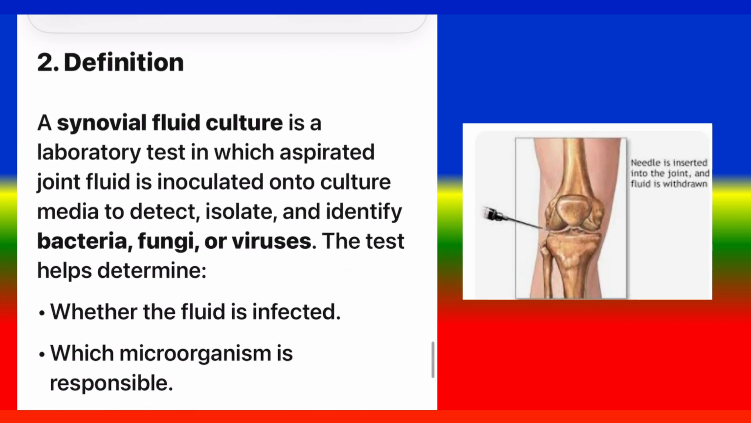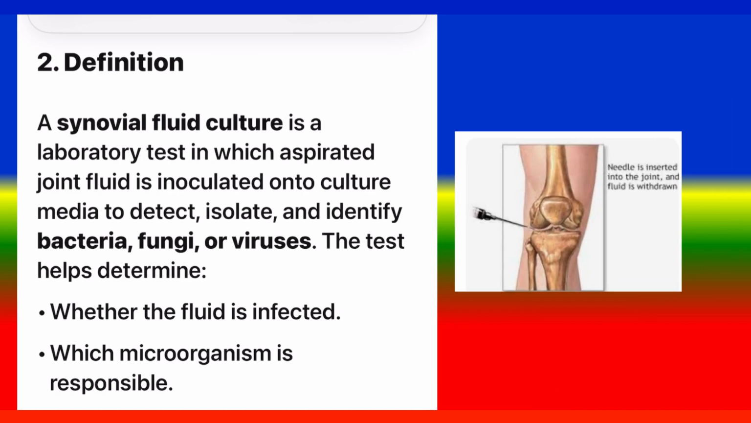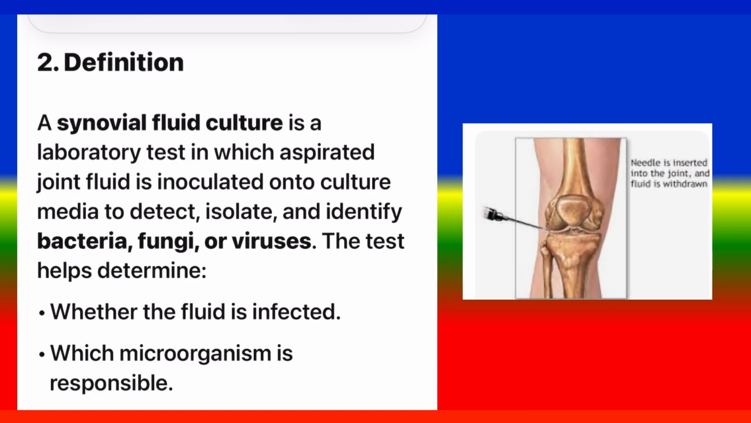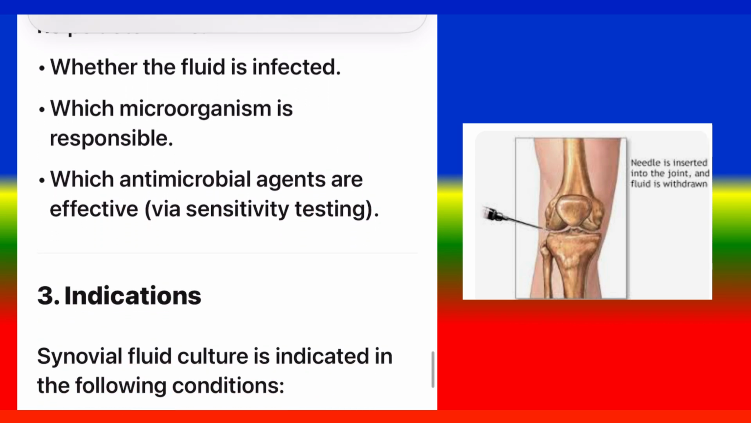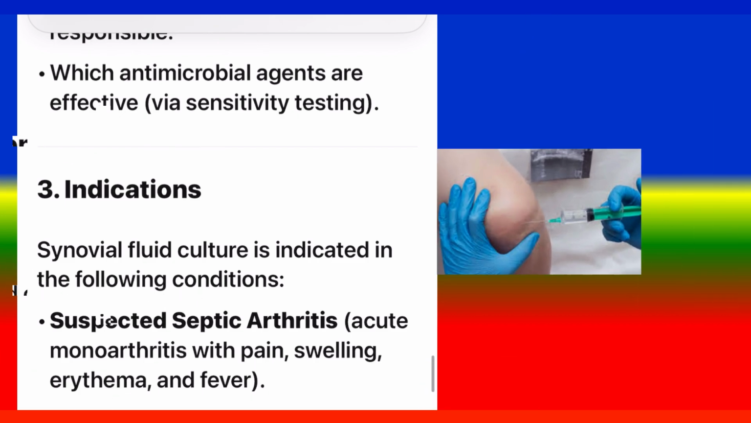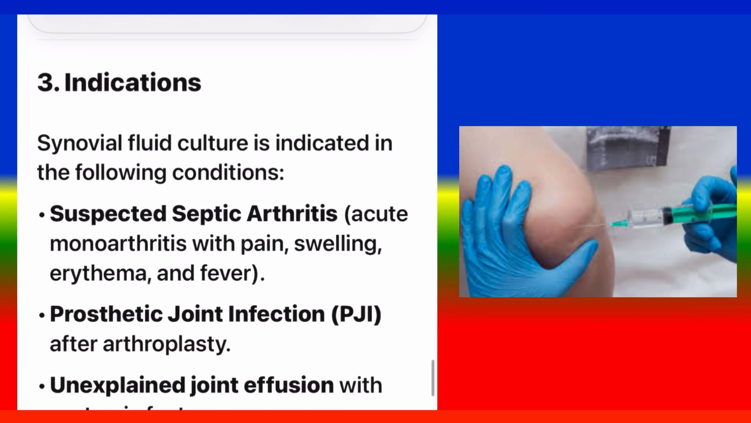2. Definition. A synovial fluid culture is a laboratory test in which aspirated joint fluid is inoculated onto culture media to detect, isolate, and identify bacteria, fungi, or viruses. The test helps determine whether the fluid is infected, which microorganism is responsible, and which antimicrobial agents are effective via sensitivity testing. 3. Indications. Synovial fluid culture is indicated in the following conditions: suspected septic arthritis, acute monoarthritis with pain, swelling,